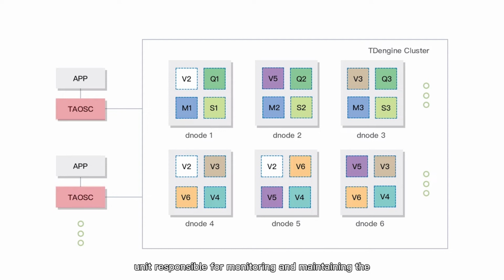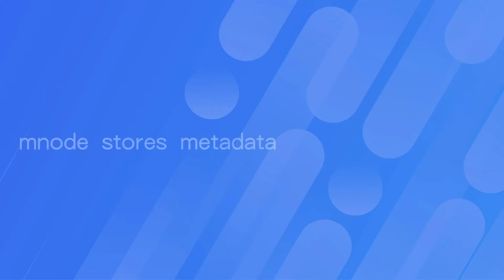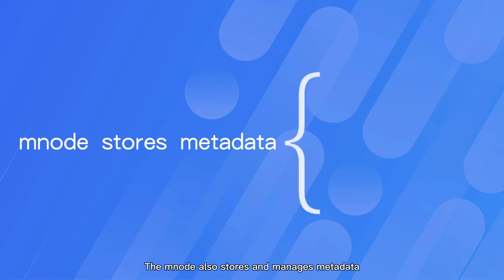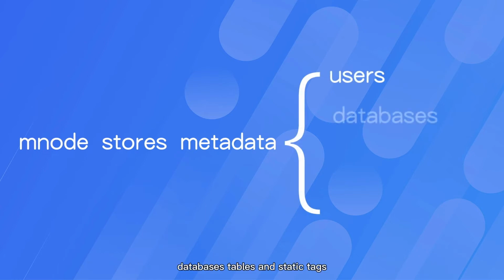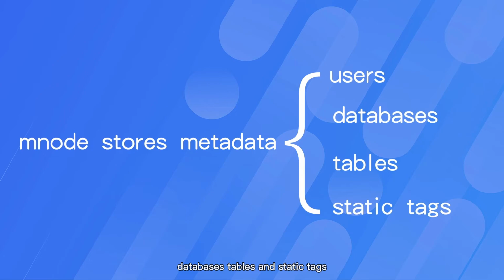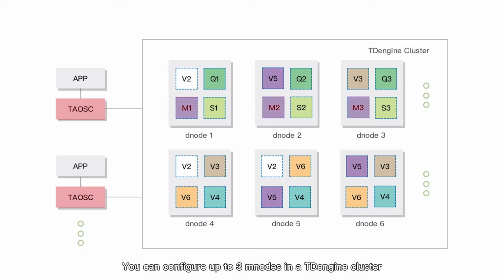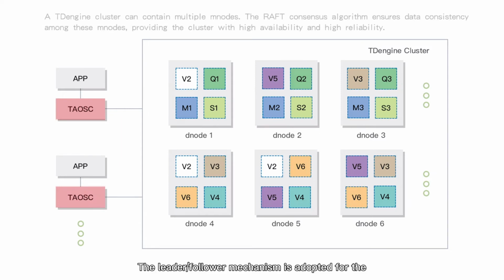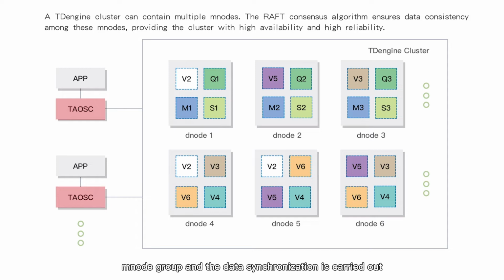Management node. The management node is a virtual logical unit responsible for monitoring and maintaining the running status of all data nodes and performing load balancing among nodes. The mnode also stores and manages metadata, including users, databases, tables, and static text. You can configure up to 3 mnodes in a TDengine cluster, and the system automatically creates the nodes and forms them into a virtual management node group. The leader-follower mechanism is adopted for the mnode group, and the data synchronization is carried out in a strongly